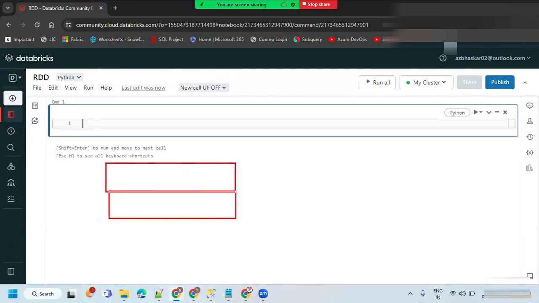Most of the places, if it is a brand new project, most of the people are using the high level API.